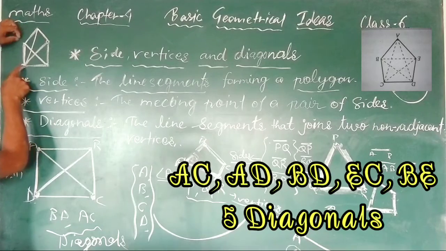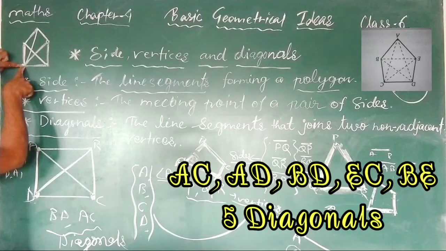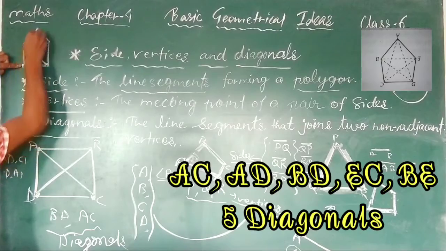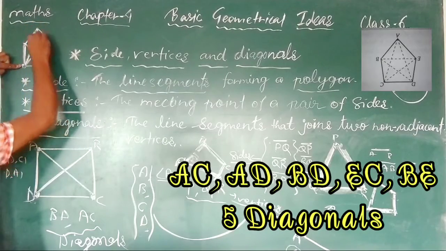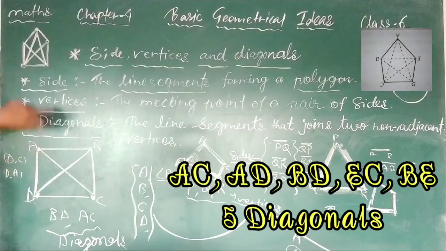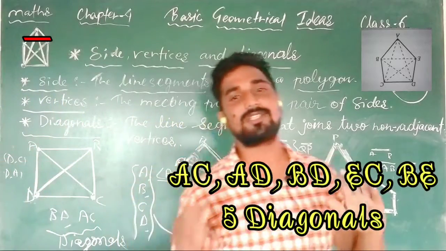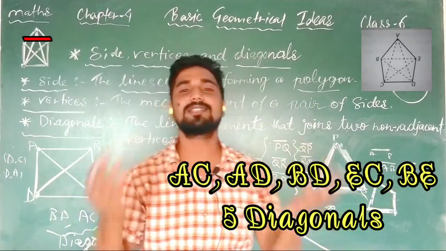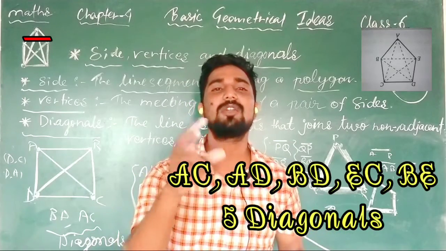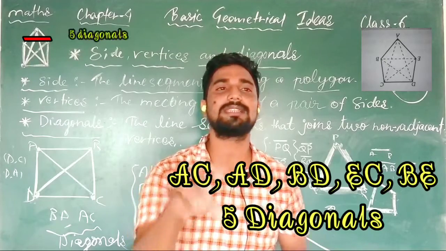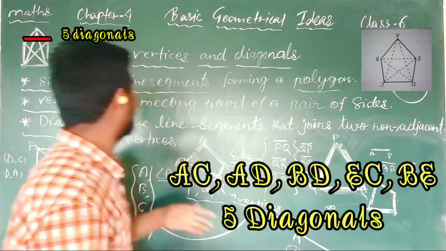And if you take for this, then you see this is also a diagonal. Now this and this will be adjacent, but this and this vertices will never be adjacent because they are non-adjacent, you can see here. So this will also be a diagonal. You can see in a pentagon how many diagonals are there? 1, 2, 3 and 4 diagonals are there in the pentagon. So a diagonal means a line segment that joins two non-adjacent vertices, and non-adjacent means what? The points which are not continuous, which are not lying on the same line.